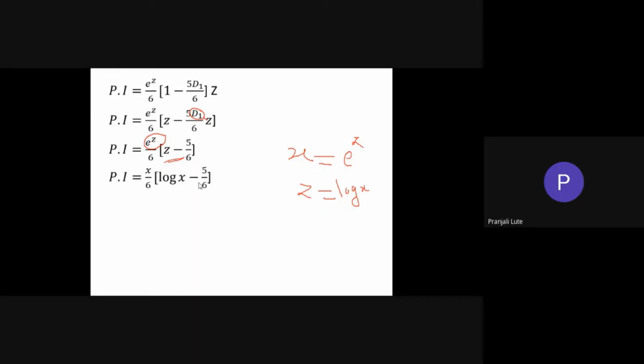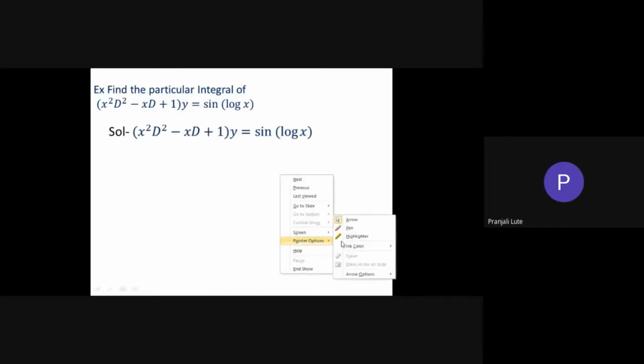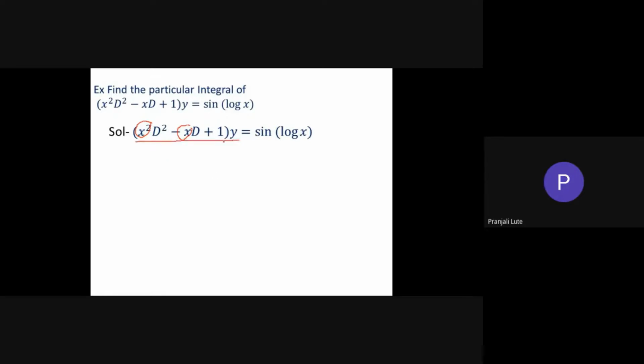Again we take another example of finding a particular integral. This is your given differential equation. Again, this is an Euler-Cauchy differential equation. Why? Because x square is available here and x is available here. So we have to reduce this equation with variable coefficient into a linear differential equation with constant coefficient by using the substitution